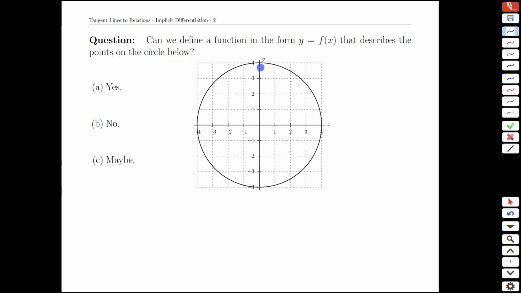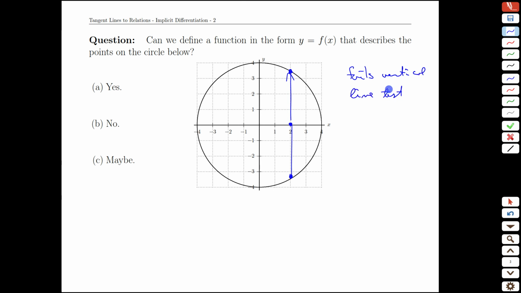Here is a classic circle, radius 4 in this case here, centered at the origin. And first question, can we define a function of the form y equals f of x that gives us all the points on this circle? Take a moment to think about that and see which of the answers here makes the most sense to you. All right, well, if we look at this and try to imagine it as a function, pick a value like x equals 2, we get a value for y at that point, but we also get another value of y at that same point. Another way to look at this is that this function or this graph fails the vertical line test,